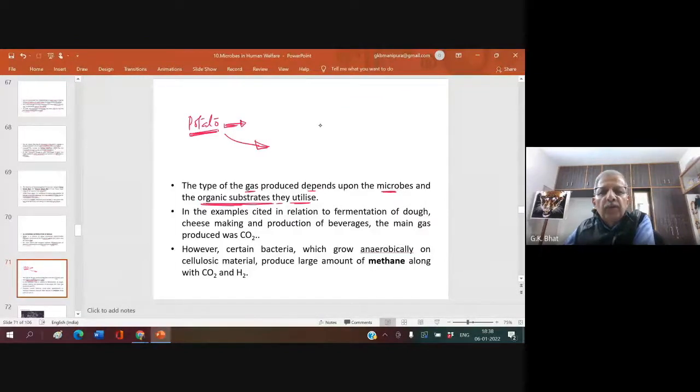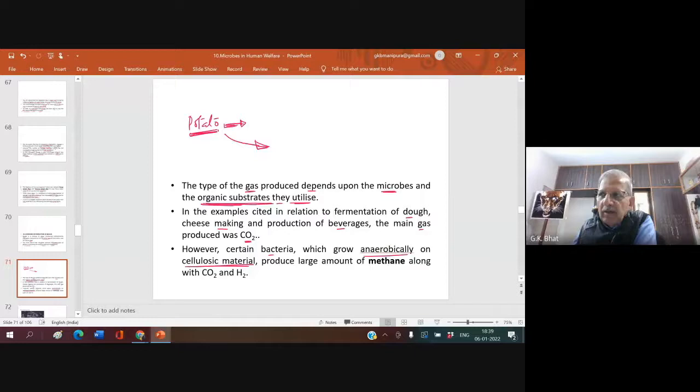In the example cited in relation to fermentation for dough, cheese making, and production of beverages, the main gas produced was CO2. Yesterday you have seen, in the batter, you come across a puffy appearance and holes. What gas comes? CO2. However, certain bacteria which grow anaerobically on cellulosic material,